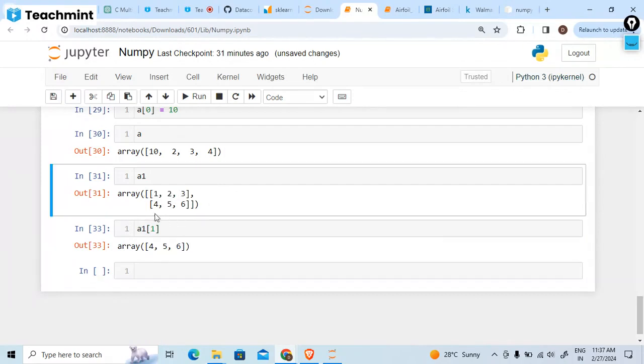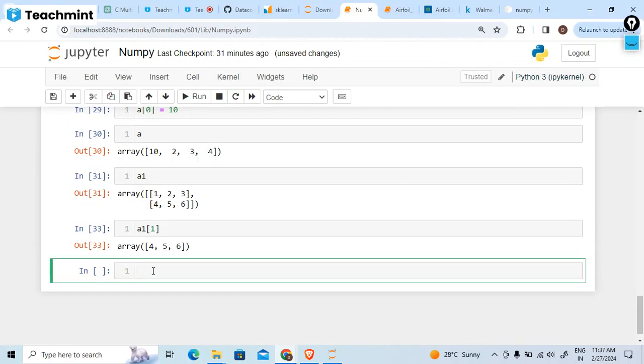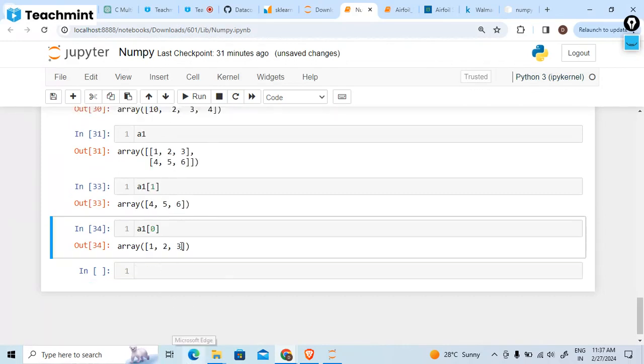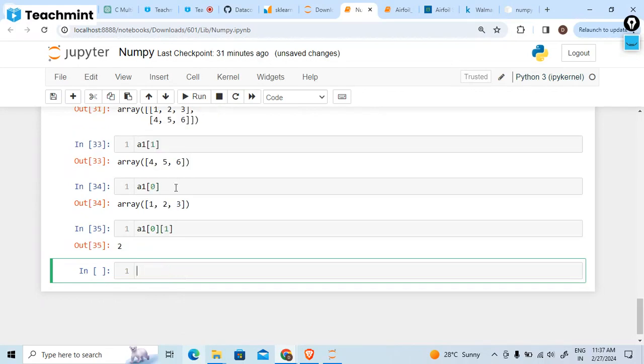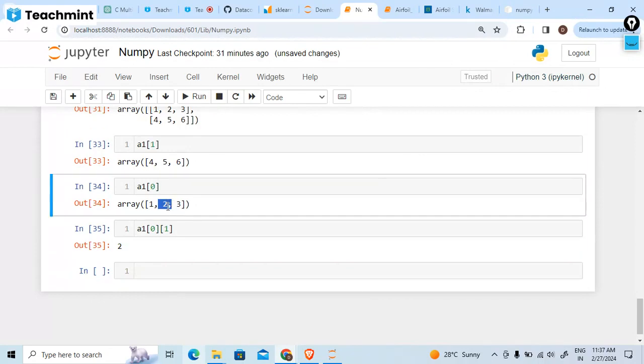This 456 means this is the first index and this is your zeroth index. Now A1 of 0 means this. Okay, now A1 of 0 of 1. Now we can fetch this list. There is nothing new, we have already learned this in the topic of a nested list. Like that way,